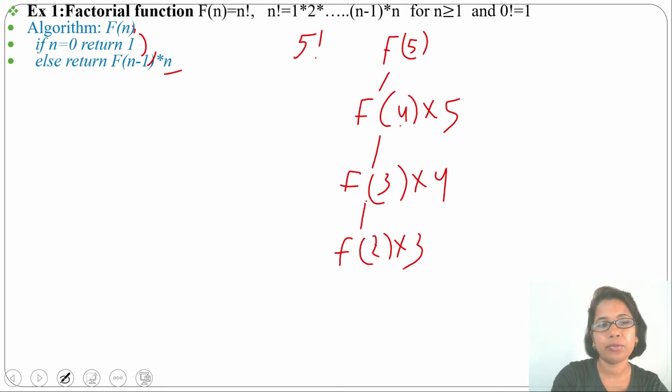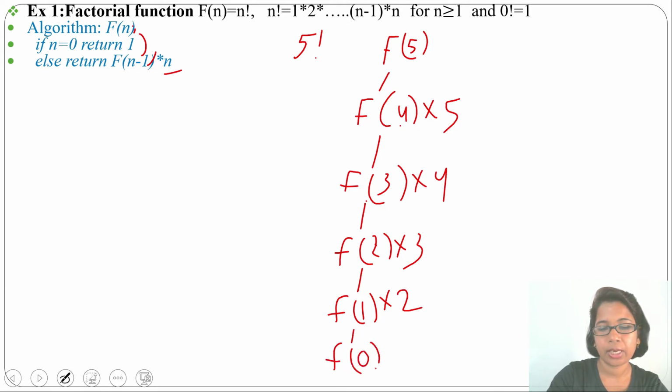Next, F(2) is not equal to 0, so it will execute the else part. It will call F(1) multiplication 2. Next, F(1) is not equal to 0, so it will execute the else part: F(0) multiplication 1. Next, F(0), so n value equals 0, it will return 1. It will return 1 multiplication 1, it will be 1.